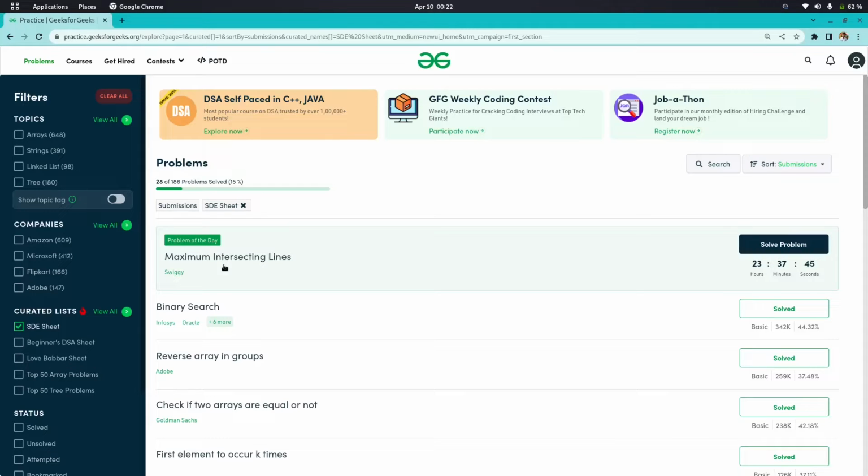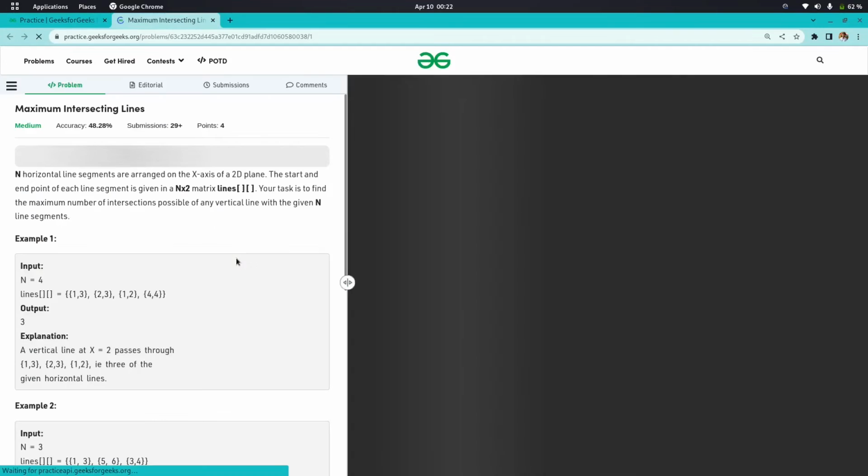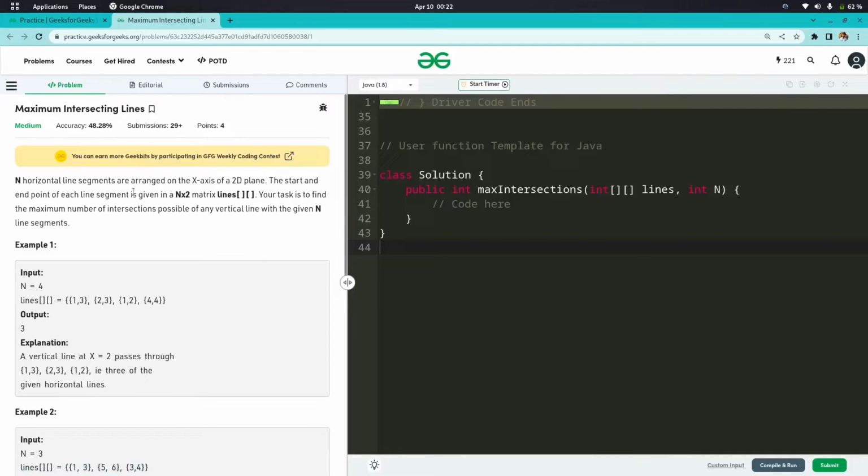So our today's problem is maximum intersecting lines. Okay, so the question is: n horizontal line segments are arranged on the x-axis of a 2D plane. The start and the end point of each segment is given in an n cross 2 matrix. Your task is to find the maximum number of intersections possible of any vertical line with the given n line segments. Okay, so let's first understand the question, then we'll discuss the approach and implementation, then we'll